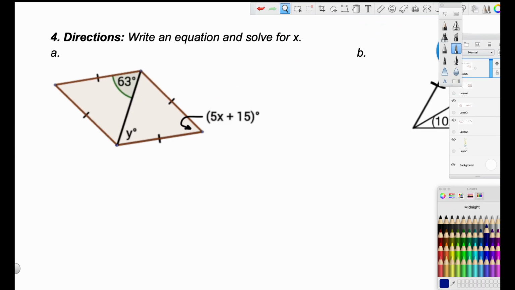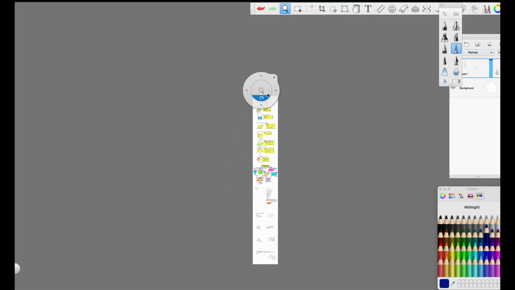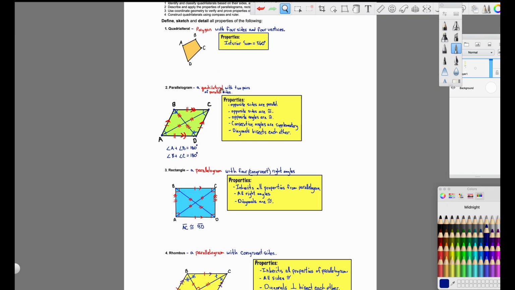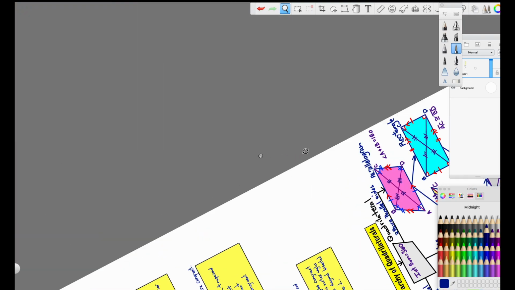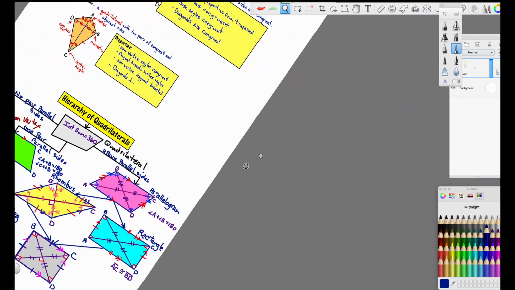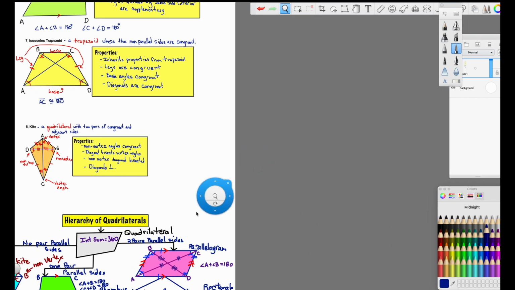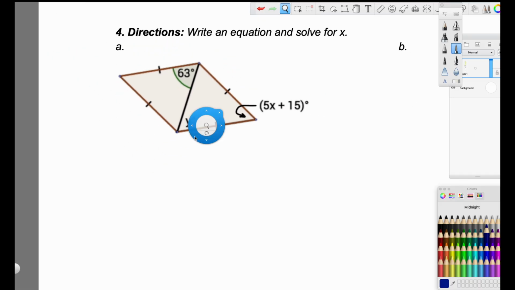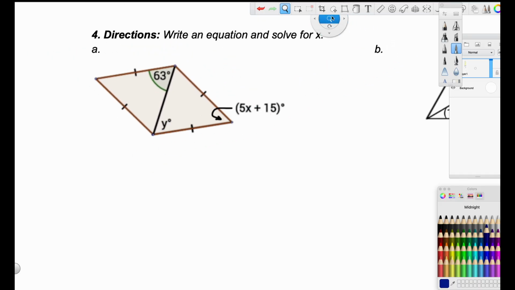Here, in this video, we're going to take a look at some of the solutions for 6.2. We're looking at quadrilaterals and their properties, and so we're going to write some equations and solve for some unknowns. So the first thing we need to do is identify what type of quadrilateral we are looking at so we